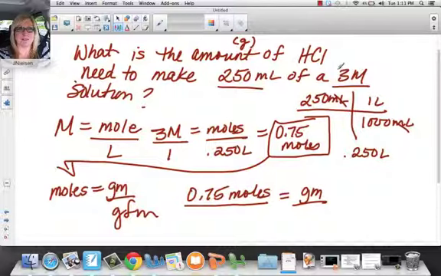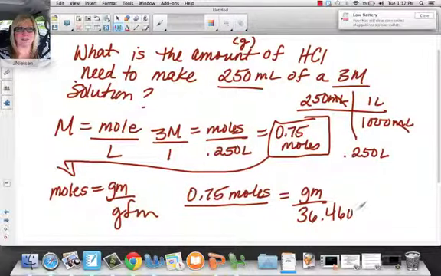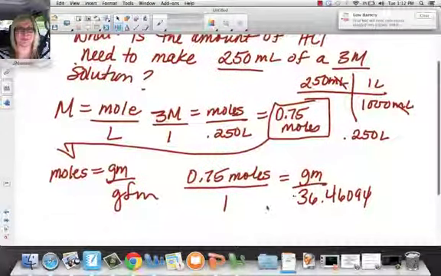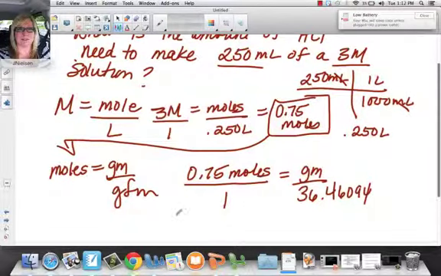So I've got 1.00794, which is the mass of H, plus 35.453. 1.00794 plus 35.453 is 36.46094. So now I can put a 1 here, and I'm going to multiply that by 0.75. So the answer is